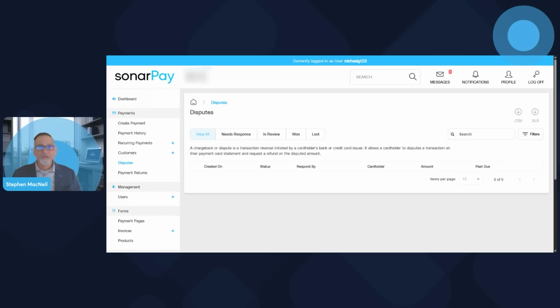So the idea is do everything you want and need in the sonarPay instance, but when you come to the payment portal and you need to, say, upload evidence for one chargeback, while you're in there, you can manage all your chargebacks if that's your workflow. And it has a beautiful, intuitive interface to do that. And I really like this aspect of the payment portal, how we handle disputes.